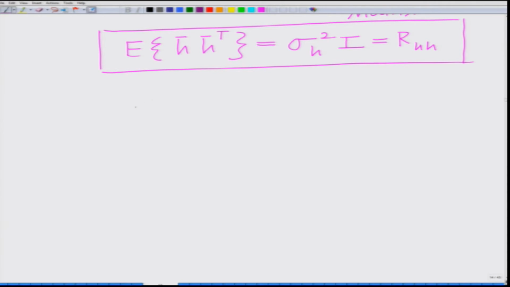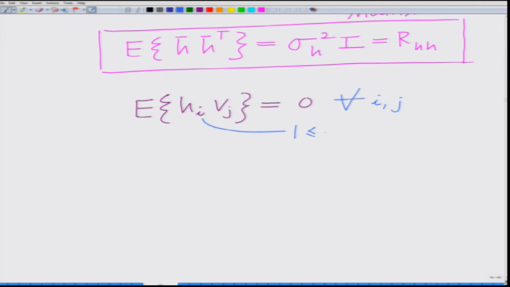Which means that if you take any channel coefficient and any noise sample, the expected value of Hi times Vj is equal to 0 for all i, j. Remember, we have m channel coefficients, so i can be any value between 1 and m, and we have n noise samples, so j can be any value between 1 and n, and therefore, this basically arises because the noise